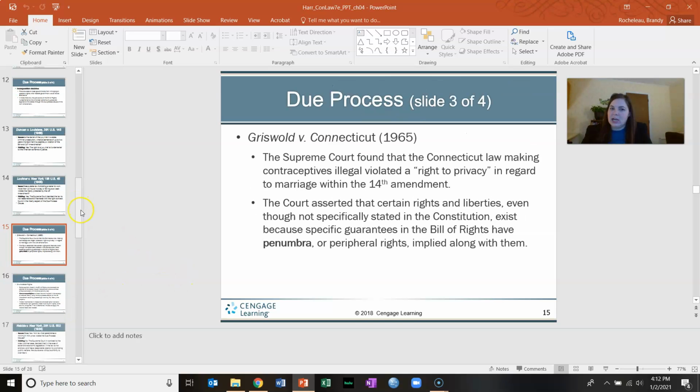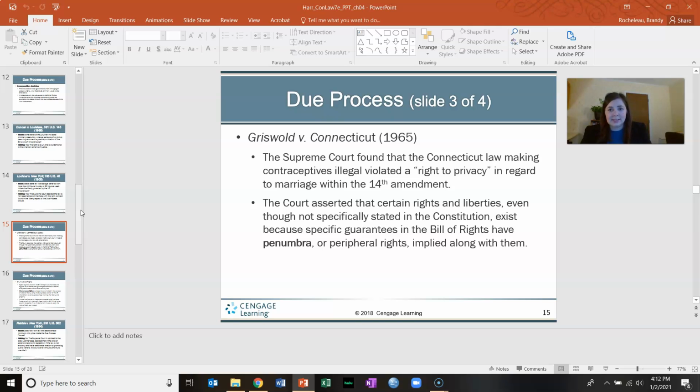Continuing on with this chain of cases, Griswold versus Connecticut, 1965. The Supreme Court found that a Connecticut law that made it illegal to have contraceptives if you were married violated the right to privacy within the 14th Amendment. The court announced that there's a penumbra of peripheral rights included with the 14th Amendment and the Bill of Rights, including your ability to have some privacy